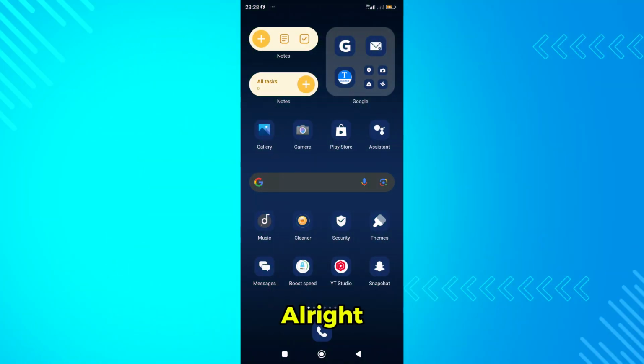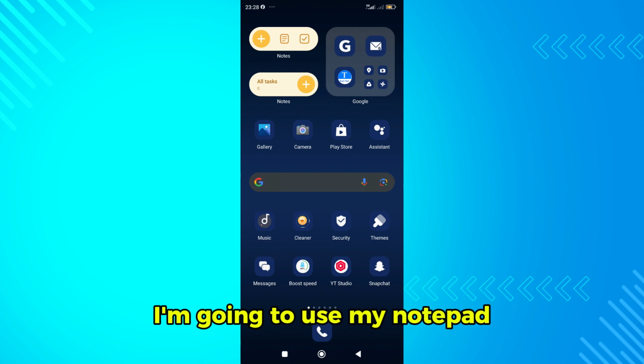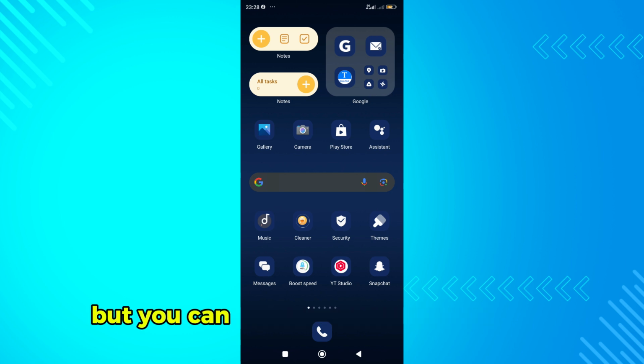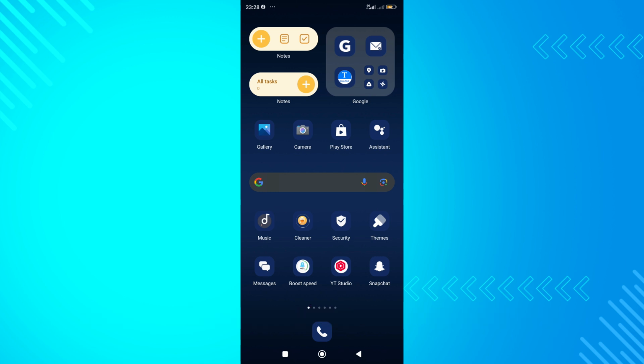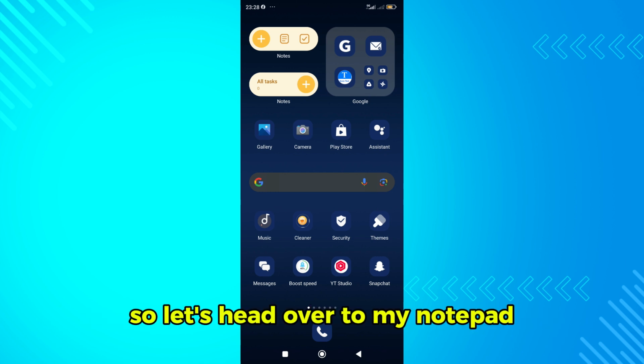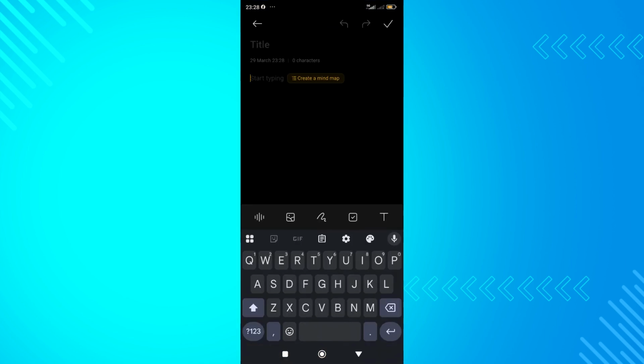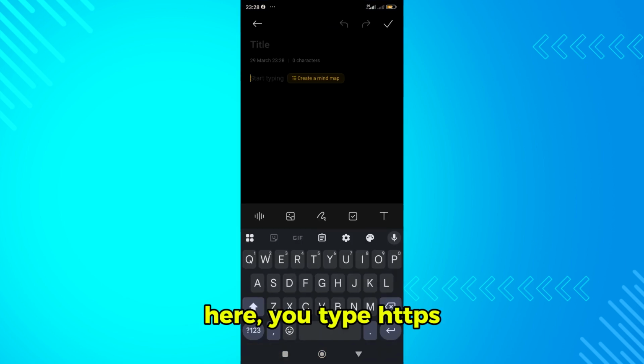All right. To create this link, I'm going to use my notepad, but you can as well use Microsoft Word if you want, or any other document editing software. Okay, so let's head over to my notepad. Okay, here you type